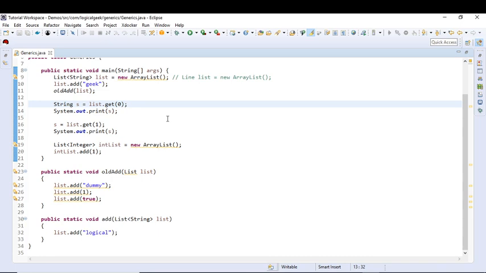So to summarize this, think of generics strictly as a compile time protection. The compiler uses generic type information to make sure that your code doesn't put the wrong things into a collection, and that you do not assign what you get from a collection to a wrong reference type, to avoid class cast exception. But none of this protection exists at runtime.